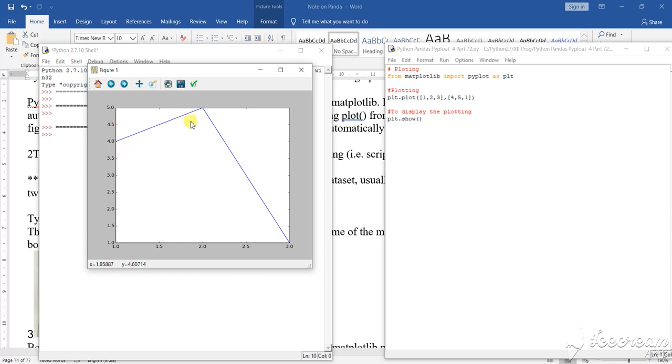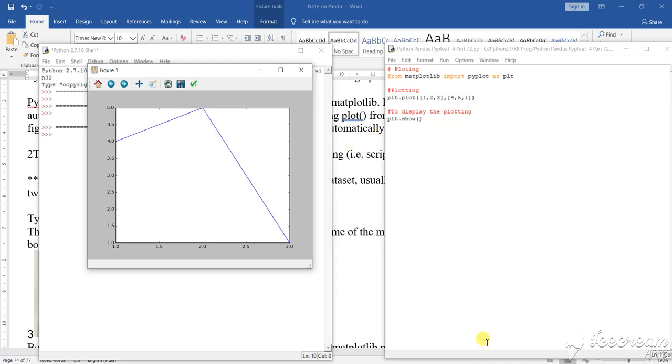So 4 5 and 1 will come next, at a down phase. This is what you are seeing: the plotting is done in this scenario, and it has been plotted in this particular way.